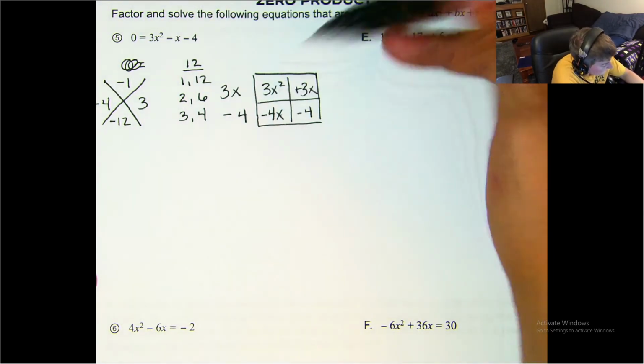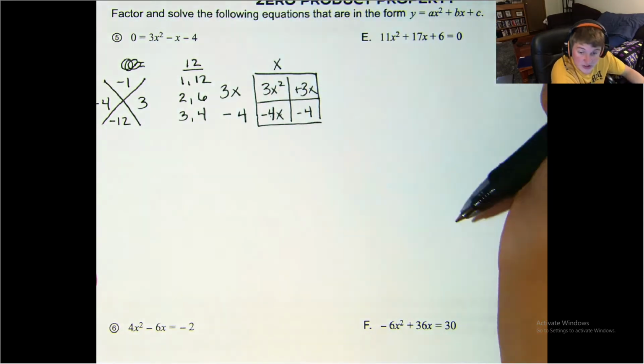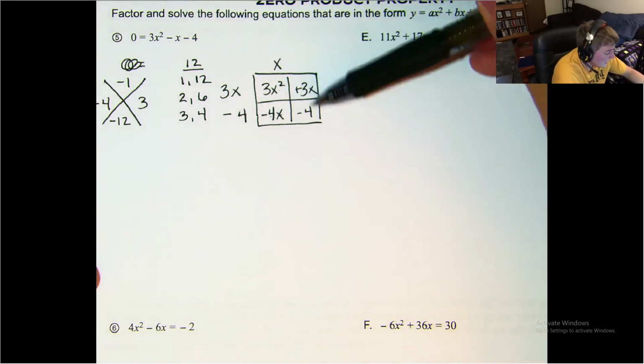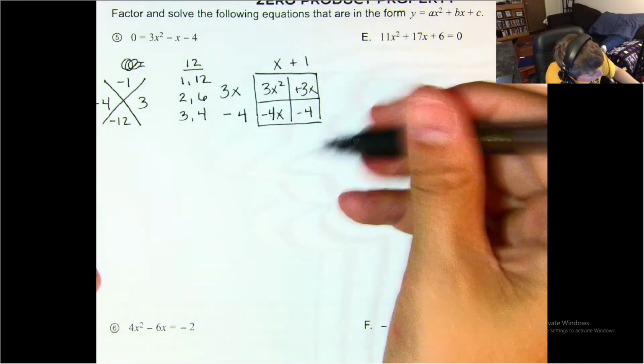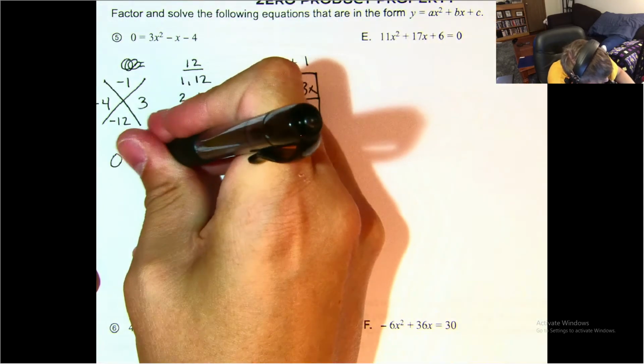Here I have a common factor of x, and then these numbers only have a common factor of 1, so it's just going to be 1x. Here I have a common factor of 1 again. Okay, so now I'm just going to rewrite my equation. I'm going to have 0 is equal to 3x minus 4